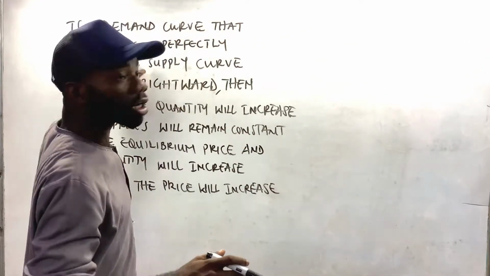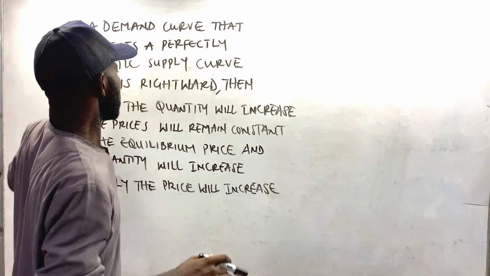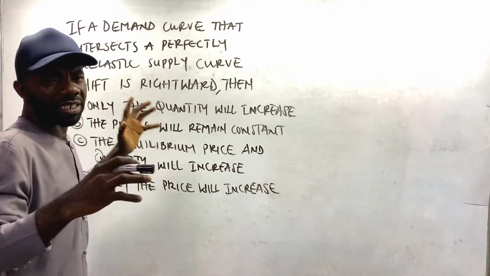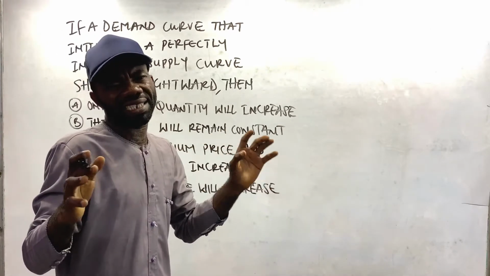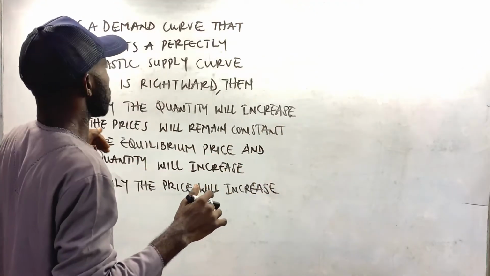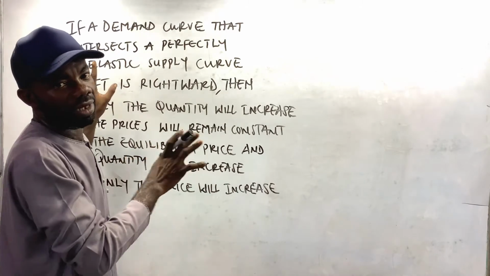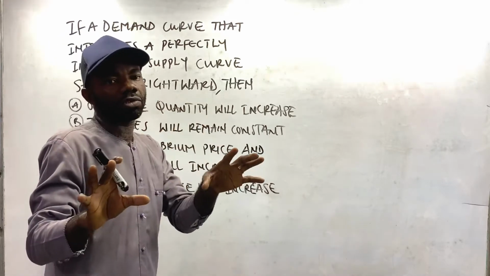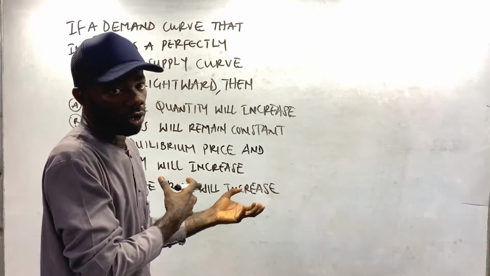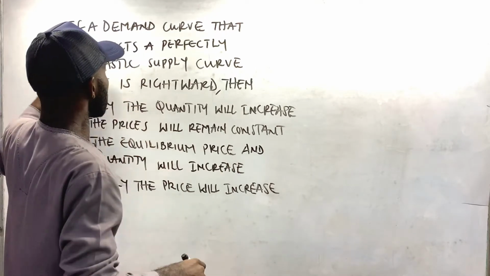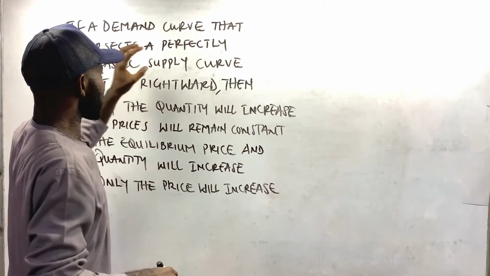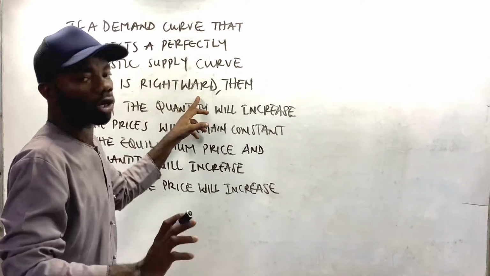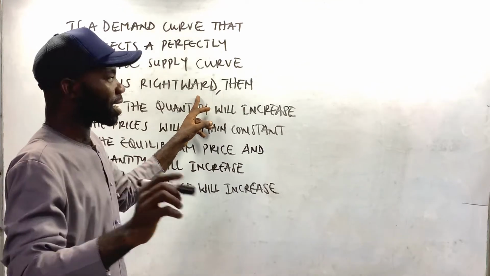Now, this is one of the cases that we considered. And if I'm not making a mistake, I think this is one of the special cases, and that's supposed to be case 12 thereabouts. Now, it's not a regular case that a random economics lecturer will teach you. And I want everybody to give me that attention. I want you to follow and then get this perfectly. Now, the examiner says if a demand curve that intersects a perfectly inelastic supply curve shifts rightward. In that special case,